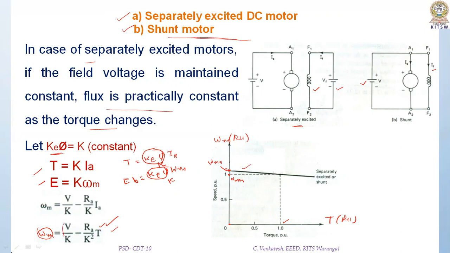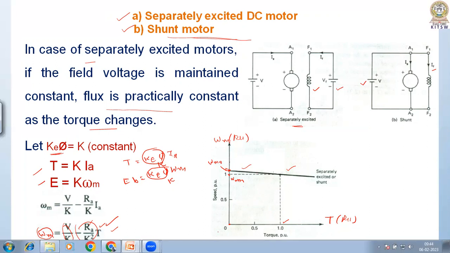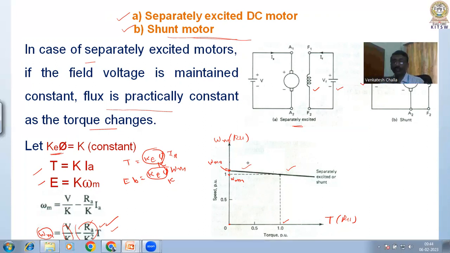See, the supply voltage V by k is constant, and here Ra is very small, and hence this drop becomes very small. Therefore the slope is very small, and the separately excited or shunt motor will have characteristics with almost constant speed. The drop in the speed is very small from no load to full load. So DC motors are suitable for constant speed applications. That's what it gives as the information. Now coming to the next,